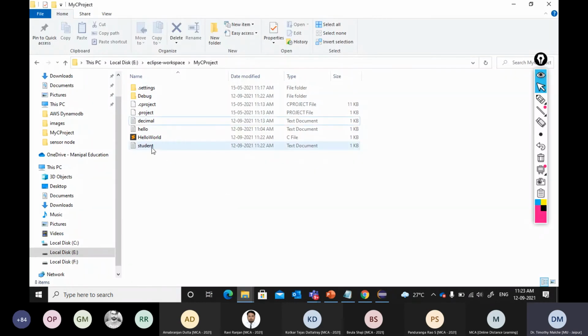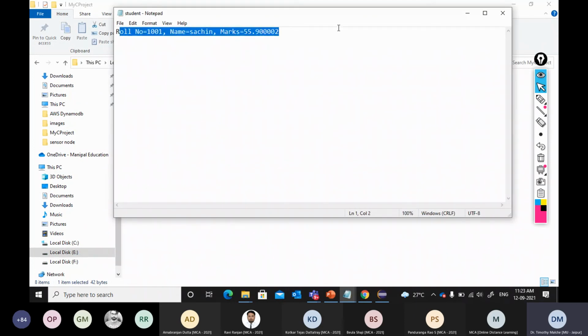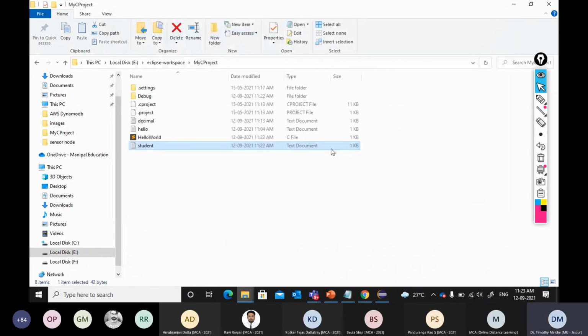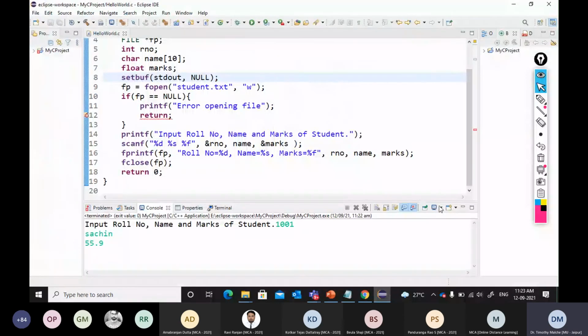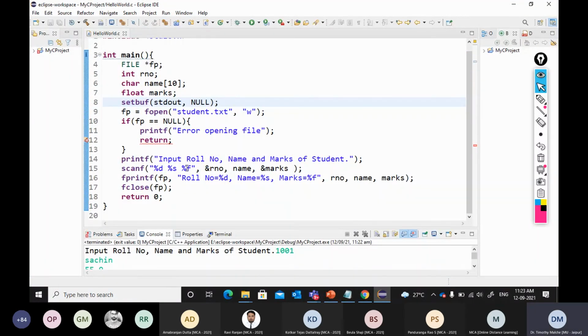Okay, so you can see the file has been created, and we can see that the data has been written into the file. In the same way, we can use the scanf function to read the data. So in order to read the data from the file using the scanf function,